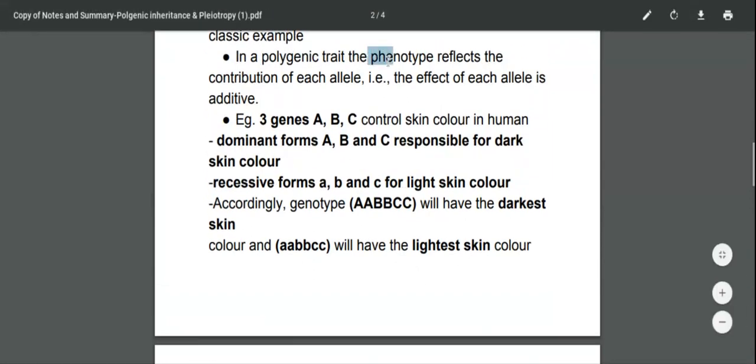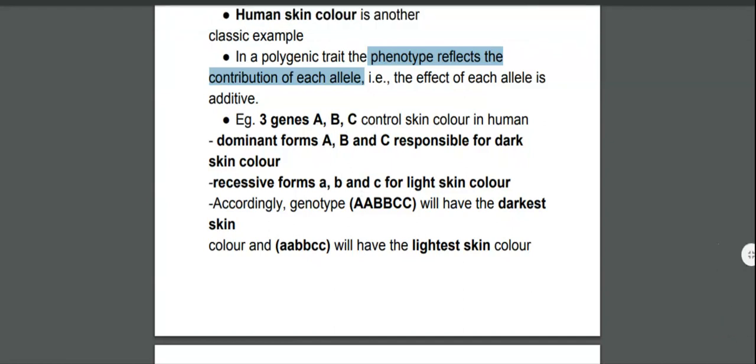And if you saw in this example, the phenotype is because of the contribution of each of the alleles. So the dominant and the recessive alleles will all express, and result in the phenotypic expression. So it's not that only dominant will express and recessive will be hidden, but in polygenic traits, each allele's effect is added on the phenotype. Okay, so this is to be remembered. So this is also a kind of an example of incomplete dominance.